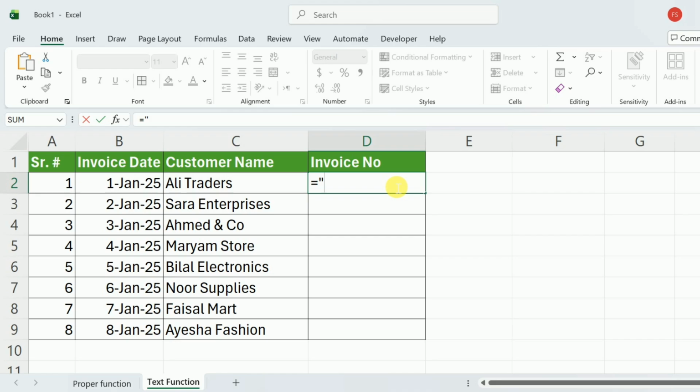So here in this cell, I will write equal, and in inverted commas, I will write the text that I need to appear before this number. Because I want to write INV dash, I'll write it in inverted commas. Then I will write ampersand sign, and next I need to apply the text function. So I will write text,